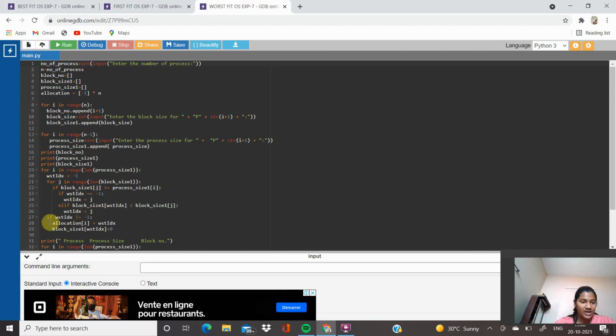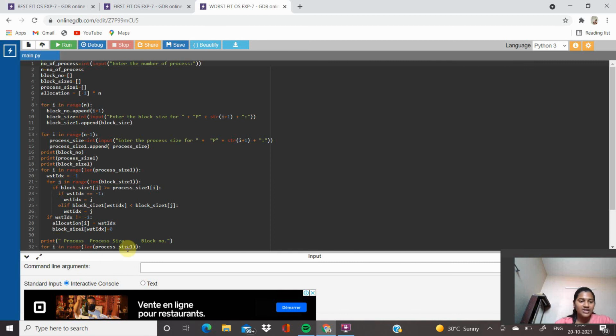If waste index is not equal to minus 1, then allocation I equal to waste index, then block size 1 waste index equal to 0. Then print process space process size block number.